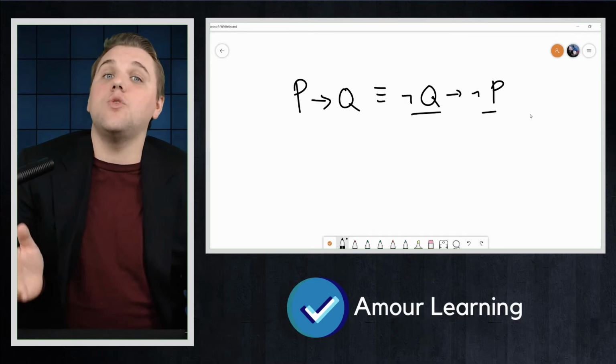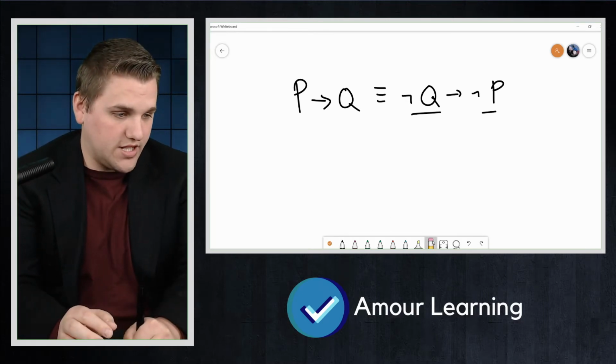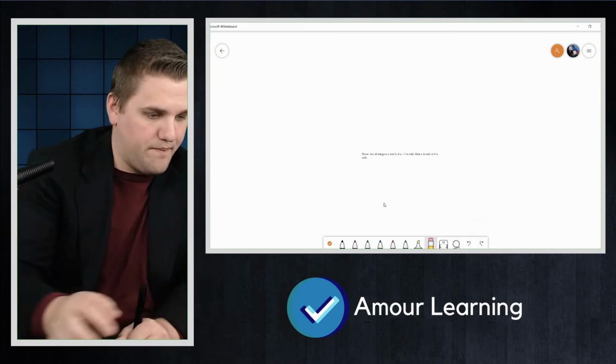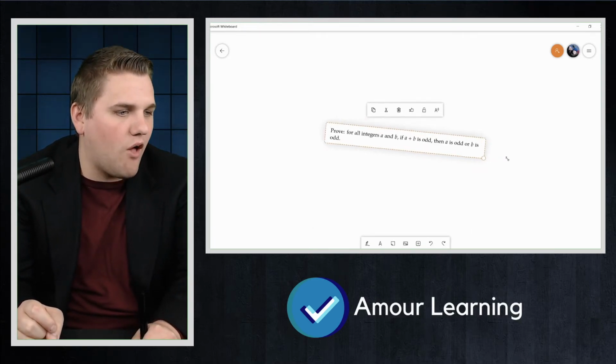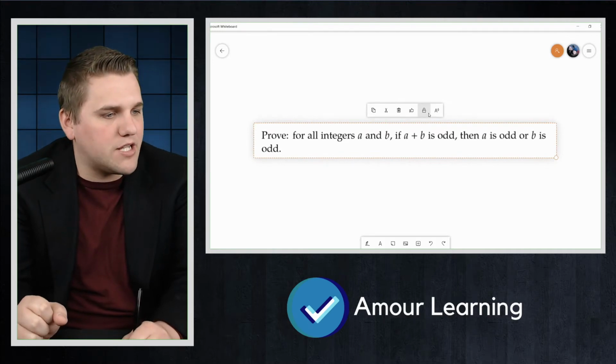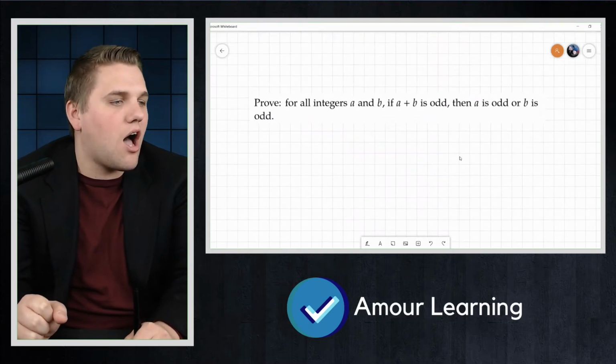As before, if there are variables and quantifiers, we set them to be arbitrary elements of our domain. All right, let's do an example together. Let me erase this real quick and then pull it up. Prove that for all integers a and b, if a plus b is odd, then a is odd or b